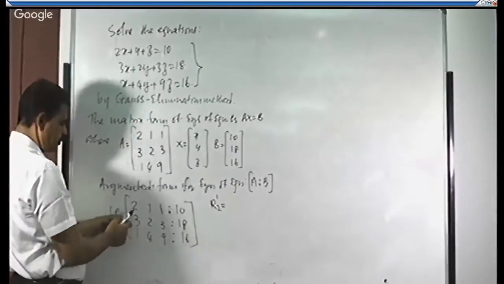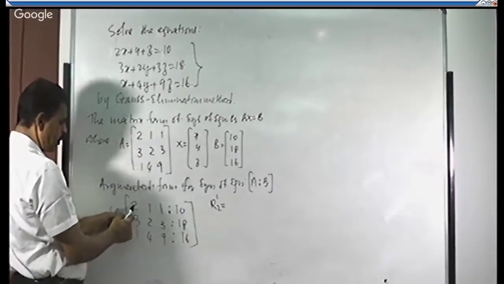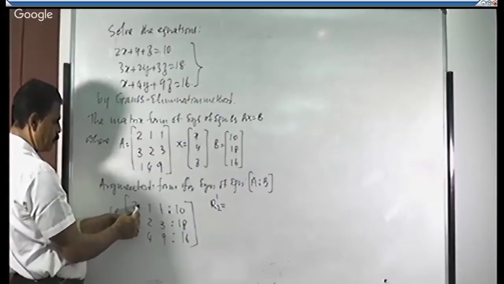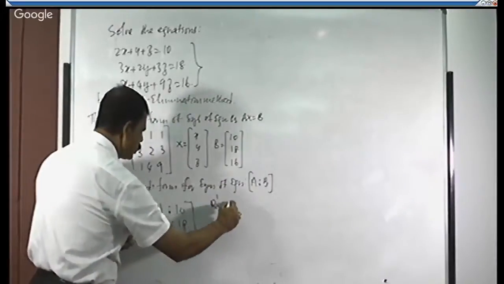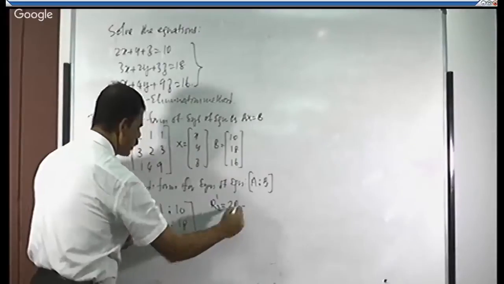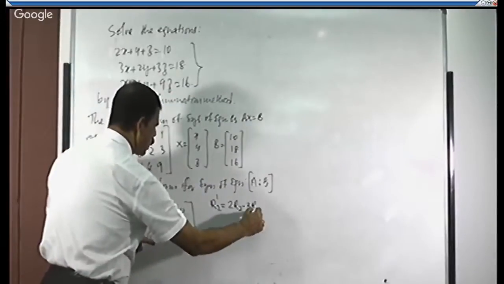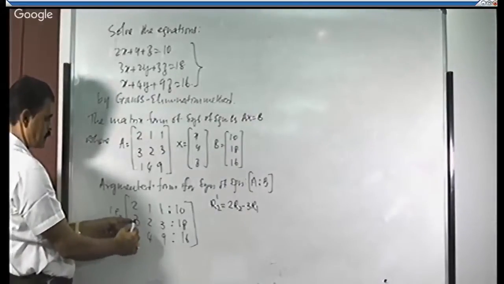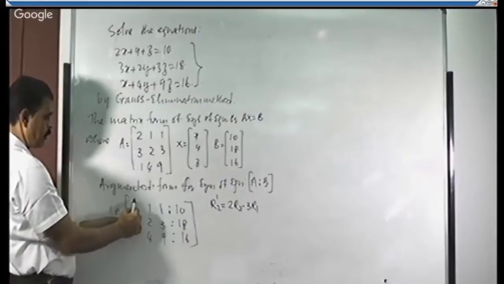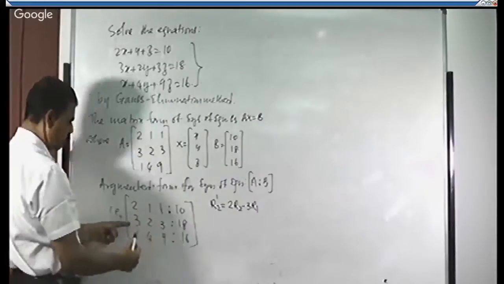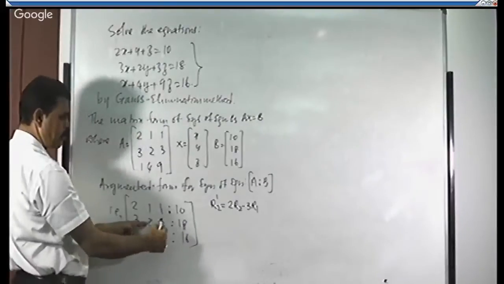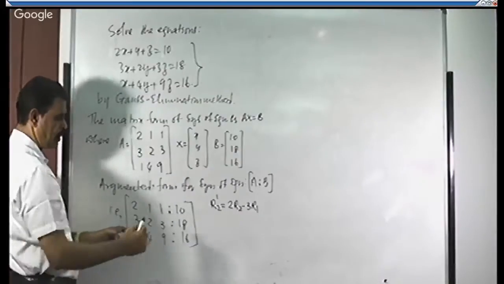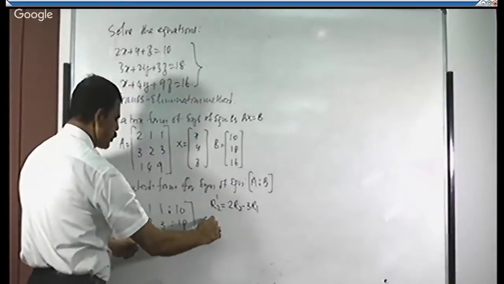How will it become 0? So this is 2, this is 3, right? Make them into 6. How? This is multiplied with 2, 2 is multiplied with 3. Means 2 times R2 minus 3 times R1. See, 2 times R2, 2 into 3 is 6. Minus 3 times R1, 3 into 2 is 6. 6 minus 6 becomes 0. So don't bother about other elements. Let it come anything. You just make this element 0. That's all.